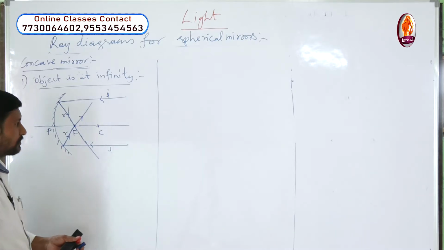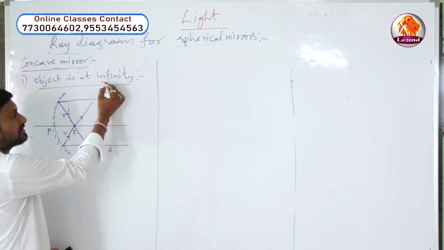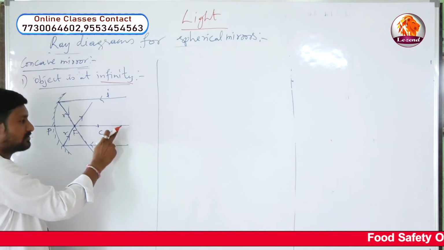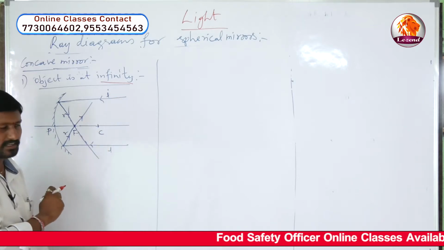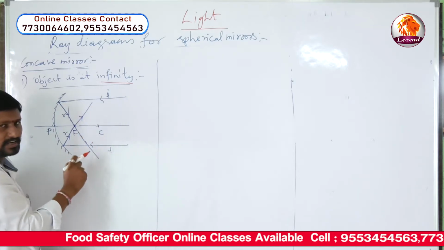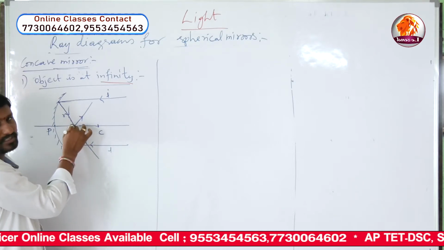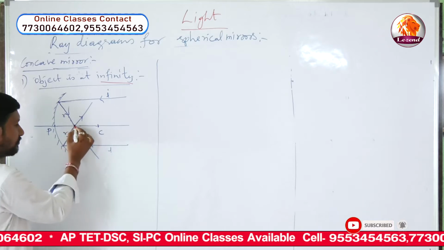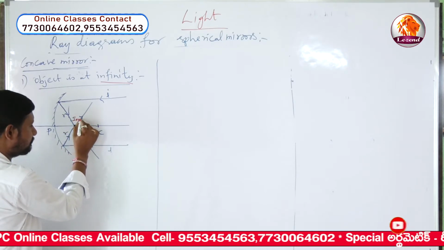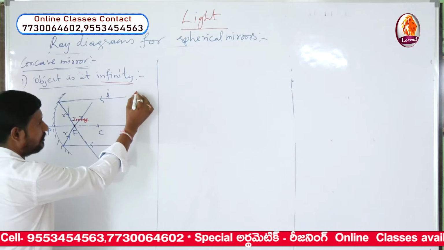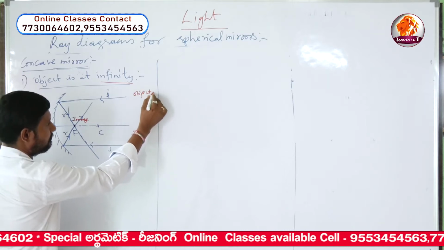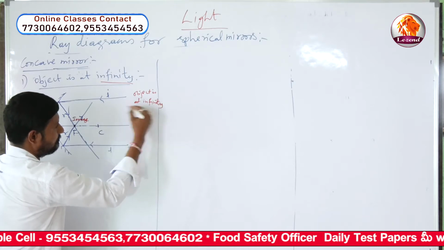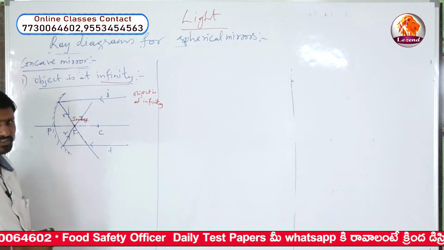Okay, so now we have taken the light rays coming from the object at infinity, that is 2 parallel rays to the principal axis showing that the object is at infinity, and after reflection such parallel rays will travel through focus, I told you. So both the light rays are intersecting at which point? Principal focus. So this is the image now. So the object is at infinity, and where is the image formed here now.